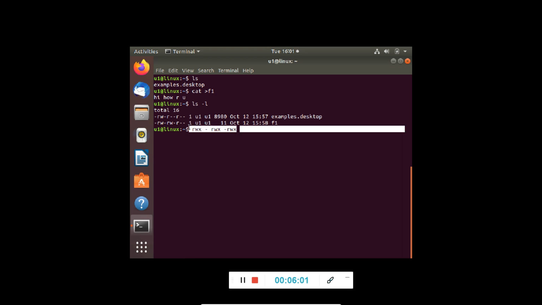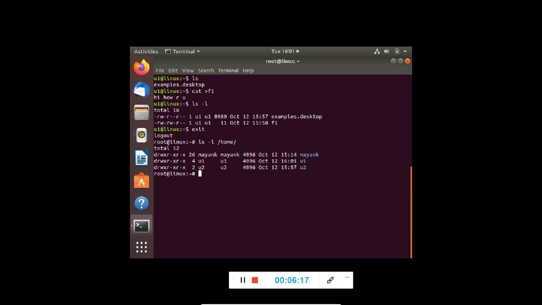Now, if I exit from it and go back to the root directory, we have another user, that is U2. Before we log in to U2, let's see the permissions for U1 and U2.